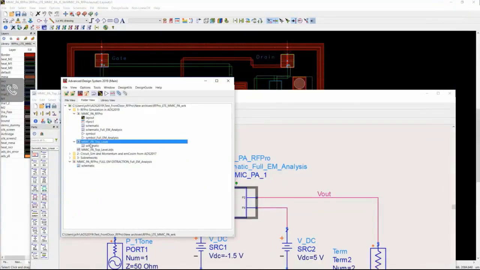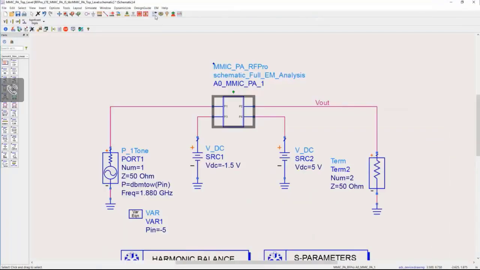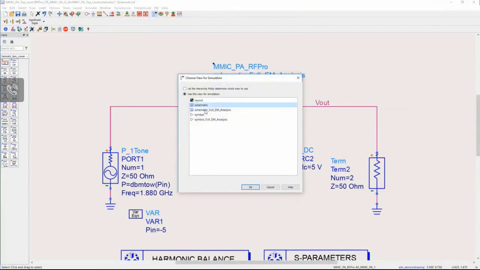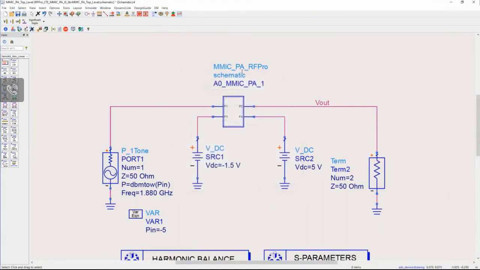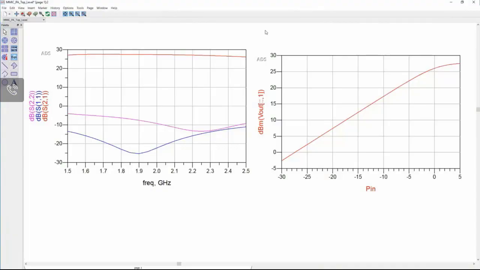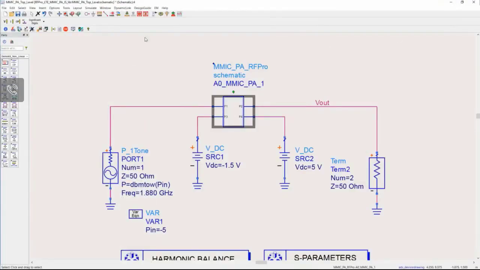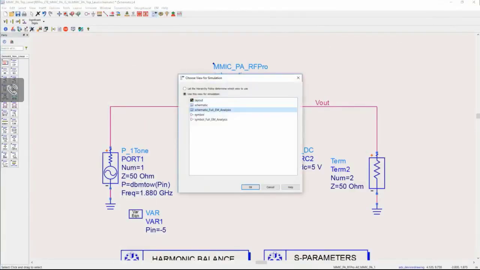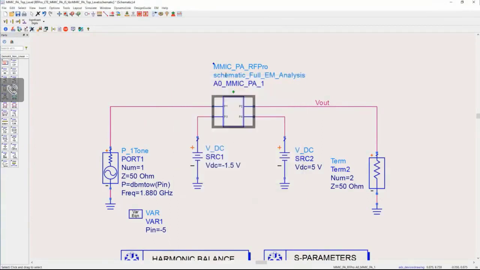So in ADS, I open the top-level schematic page. And from there, I can shift views and simulate both my original circuit level design with circuit models as shown here, or I can shift the view to the EM model from RFPro and simulate it and see how my